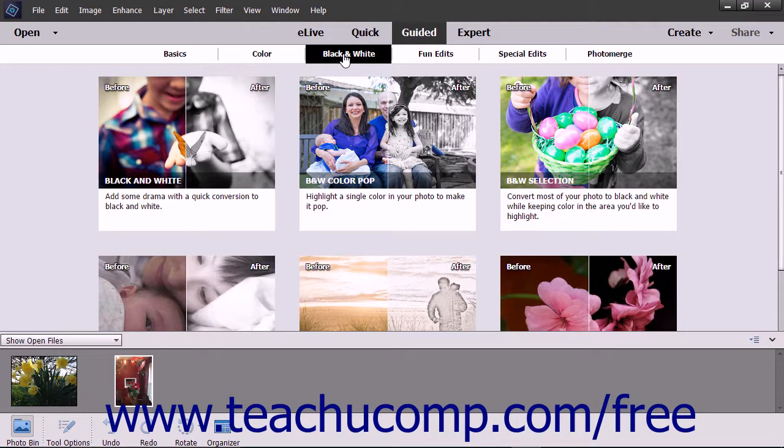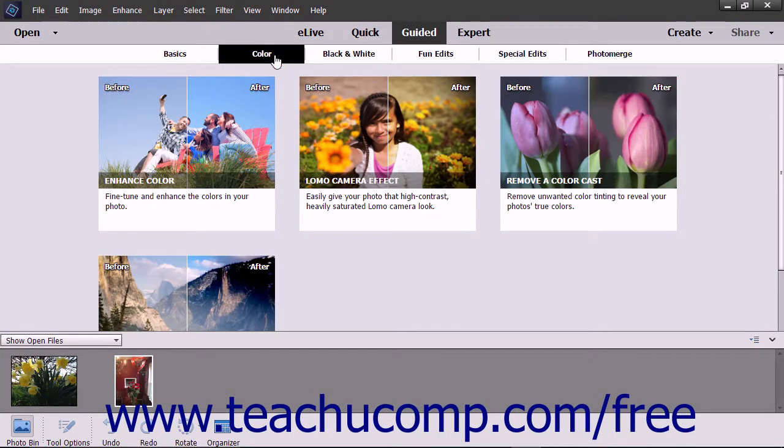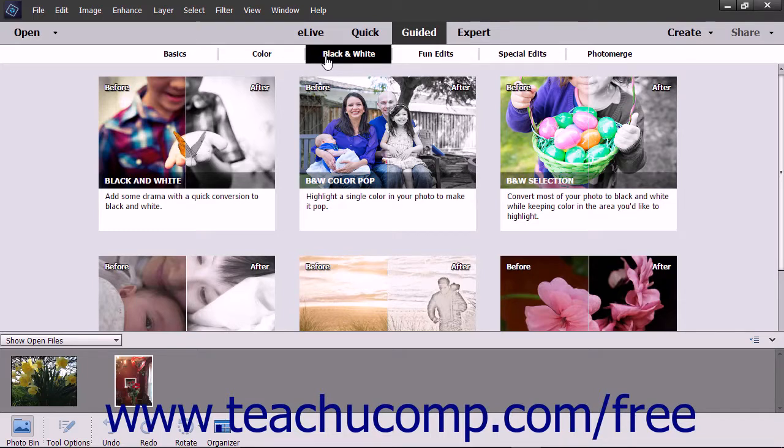The categories for guided edit mode appear directly below the shortcut bar. The Basics let you make basic adjustments to your image using functions like brightness and contrast and sharpen. The Color category lets you make changes to the color of your image, like remove a color cast. Choosing Black and White lets you make all or some of the photo black and white using functions like B&W